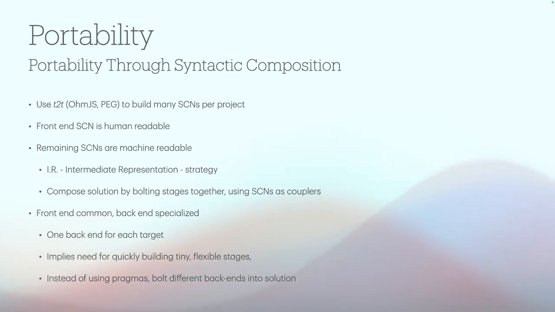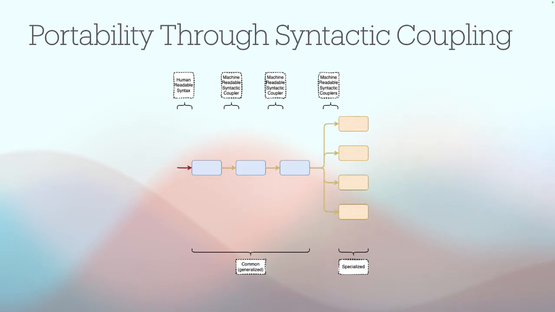Portability through syntactic composition uses tools like T2T, ASTs, OhmJS, etc. to build many SCNs per project. Only the front-end SCN needs to be in human-readable format, while the remaining SCNs need only be machine-readable. This intermediate representation strategy lets you compose solutions by bolting stages together with a common front-end and specialized back-ends for different targets. This diagram illustrates portability through syntactic coupling, showing how human-readable syntax connects through machine-readable syntactic couplers to specialized